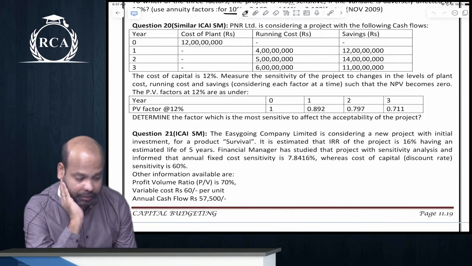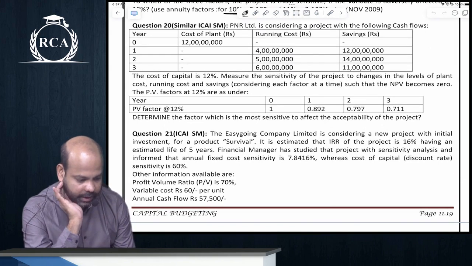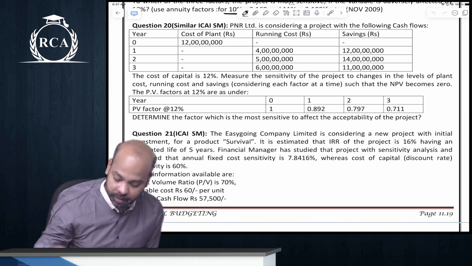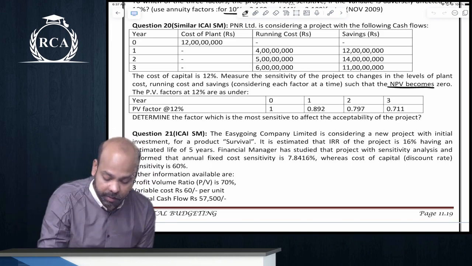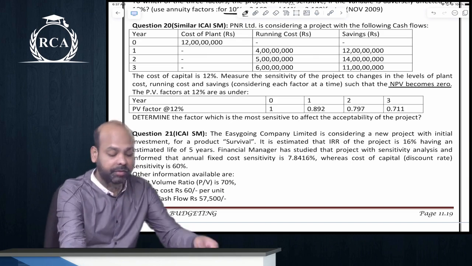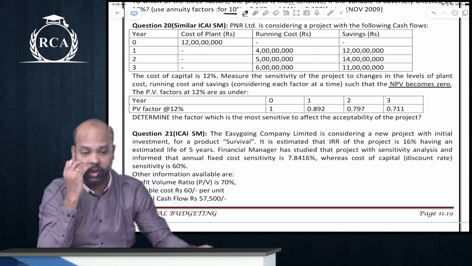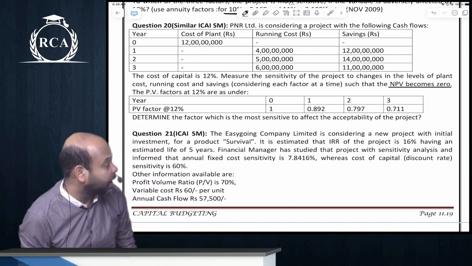The present value factors, guys, at 12% are as under. Determine which factor is the most sensitive. Underline this, beta, NPV becomes 0. In the other two questions, guys, we had a fixed change in the variables. Here there is reverse calculation. We will have to see, guys, what is the percentage change in variable required to bring down the NPV itself